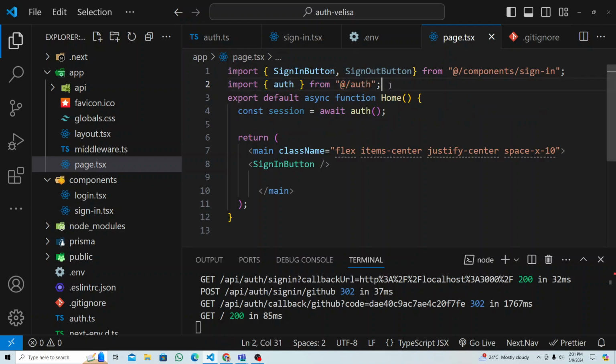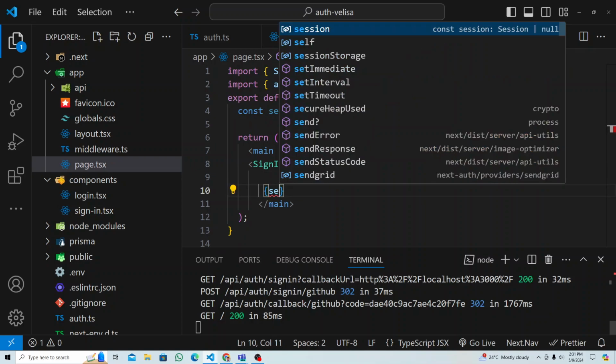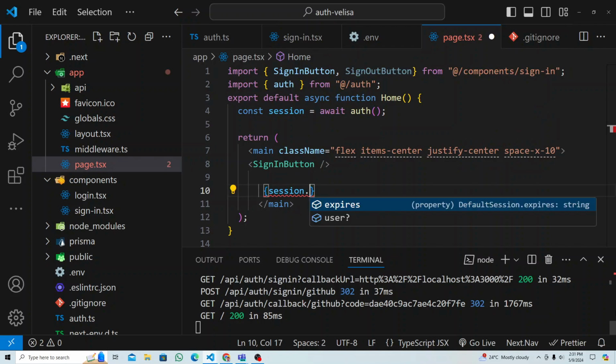Okay, so let's go back. You import that auth and then you execute the function. Make sure you have that async, right? So just wait until that is executed. You get the session. Now I will add some condition here. What I will say, right? If the session dot has user,